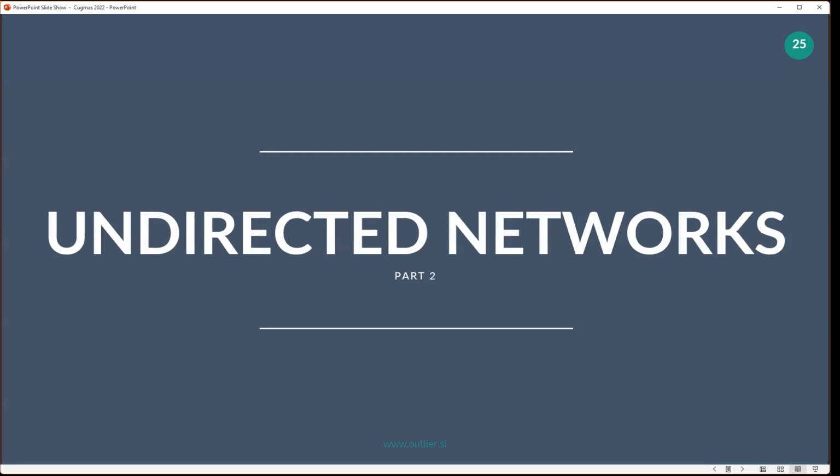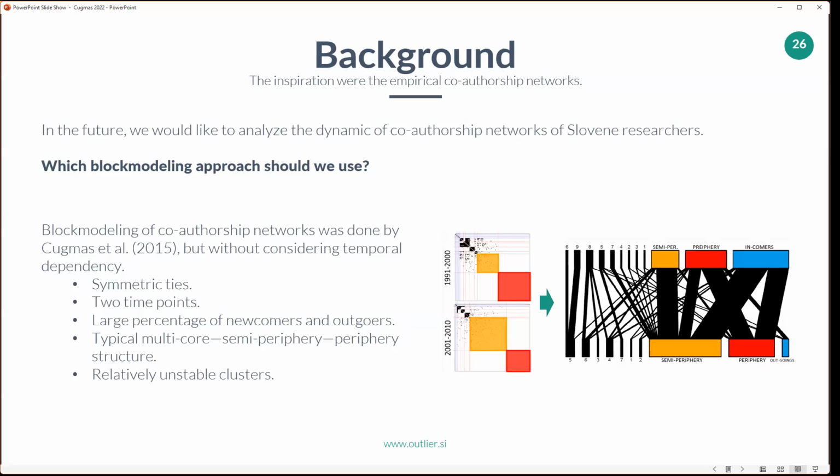Now I will talk about undirected networks. The inspiration was the empirical co-authorship networks, because in the future, we would like to analyze such networks of Slovene researchers. And the question is, which block modeling approach should we use? So we have some prior knowledge about these